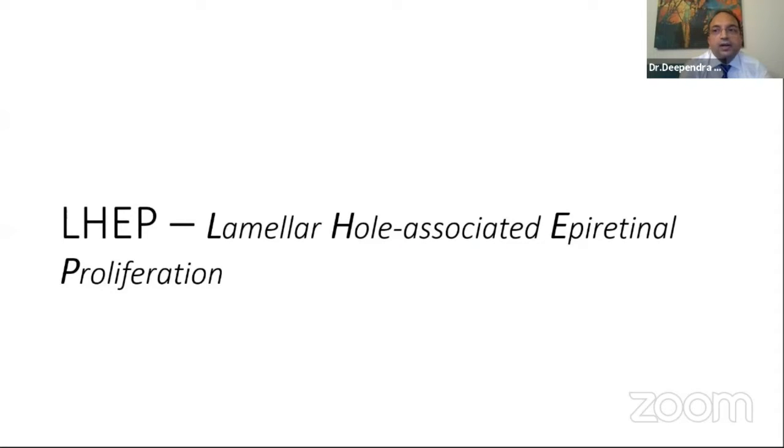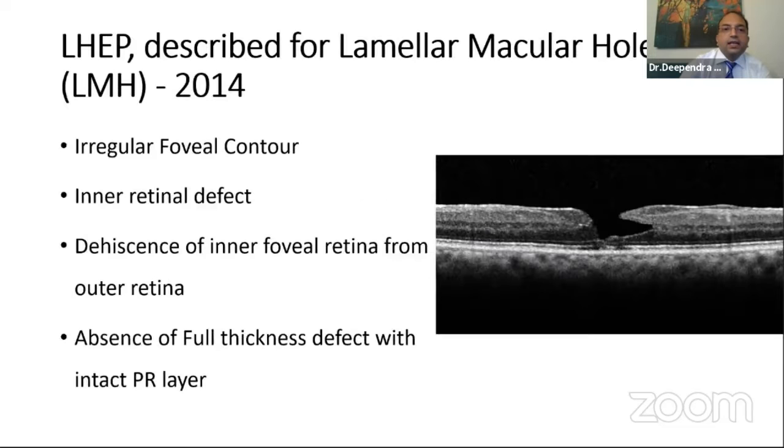So I got this opportunity to learn and read more about lamellar hole associated epiretinal proliferation, and this is a very important OCT finding for everybody who is involved in medical as well as surgical retina, described for the first time in 2014 by Pang and Spaide. It was initially described in cases with lamellar macular hole, and the features which they described were an irregular foveal contour, an inner retinal defect, and a dehiscence of inner retina